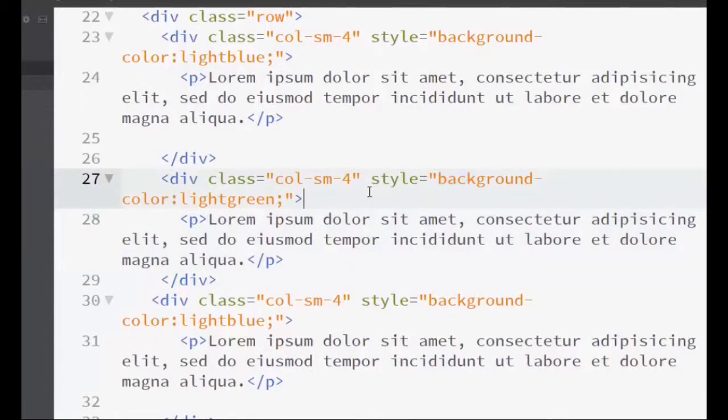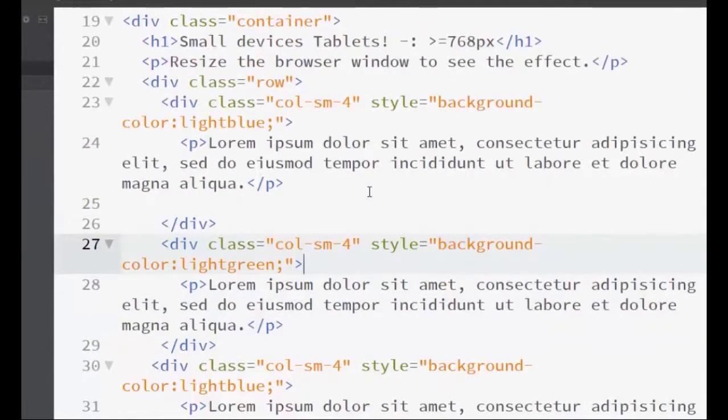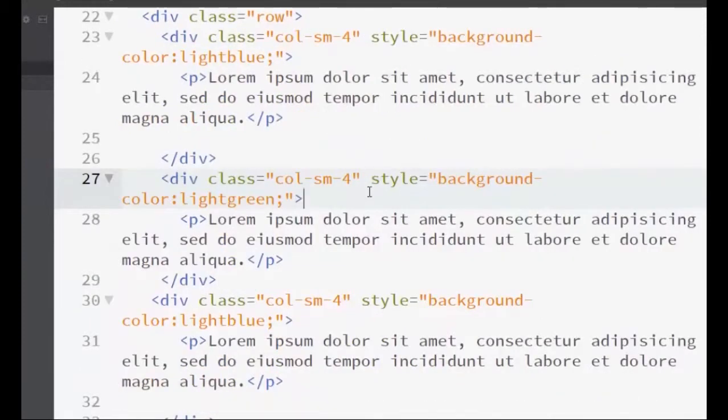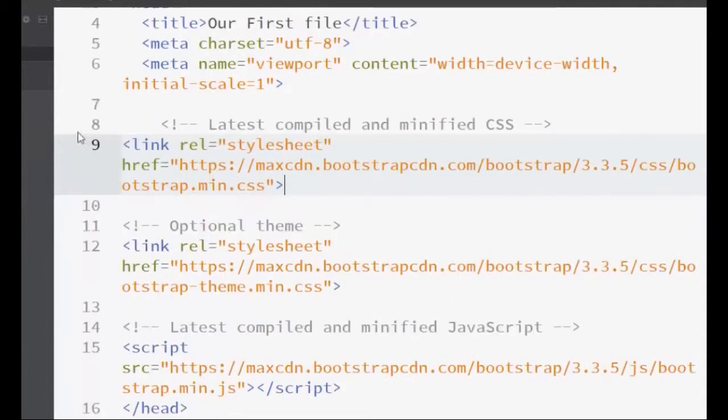Now, let's do one more thing out here that is really again important. What if I want something different for the smaller device, something different for the larger device and all of that? You can use multiple classes out here. You can use col-xs and all of these parts, what we have got out here in the first file.